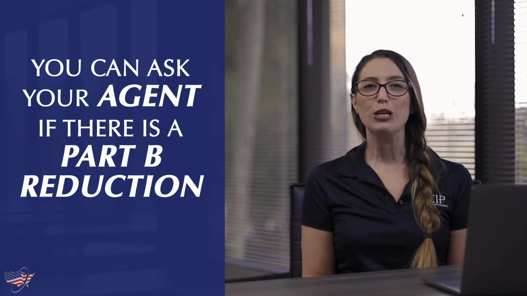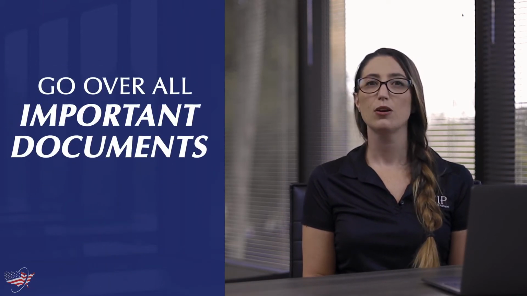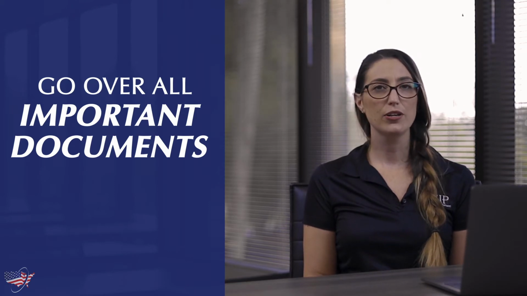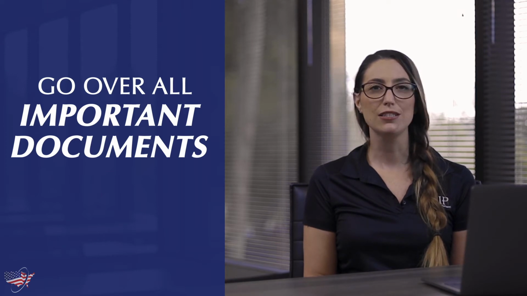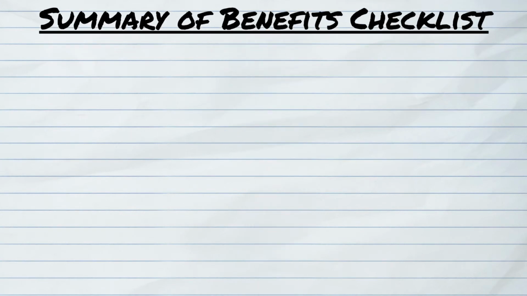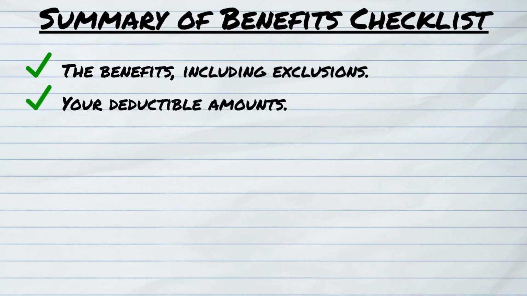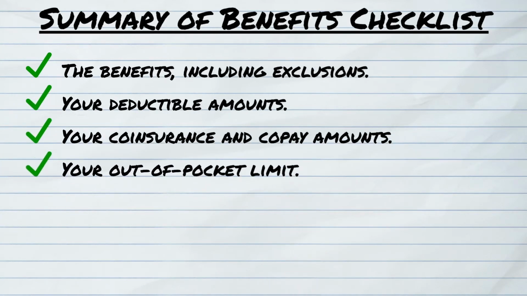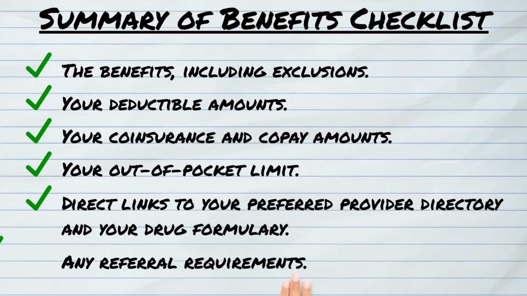The final thing on our pre-enrollment Medicare Advantage checklist is to go over all the important documents. One of those documents is a summary of benefits. This is very similar to the outline of coverage, but the format is standardized across all plans. This makes it much easier to understand. The important things to check on your summary of benefits include the benefits, including exclusions, your deductible amounts, your coinsurance and copayment amounts, your out-of-pocket limit. It also should include direct links to your preferred provider directory and your drug formulary,